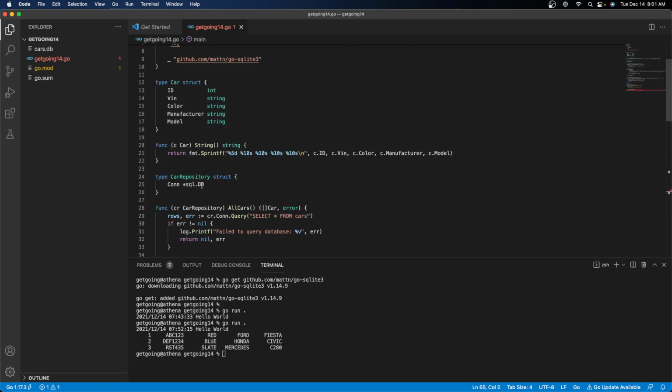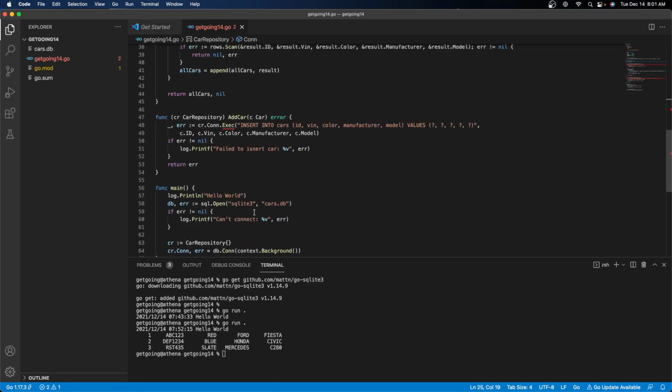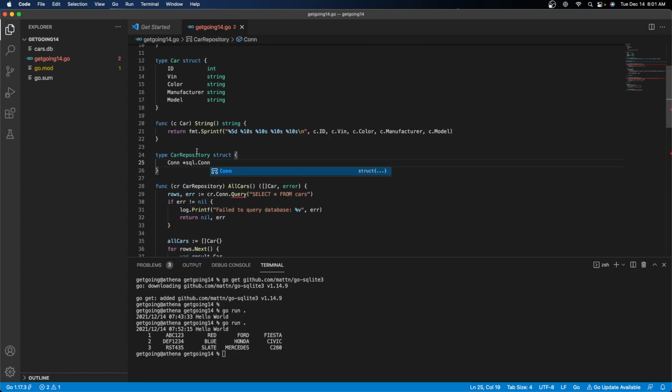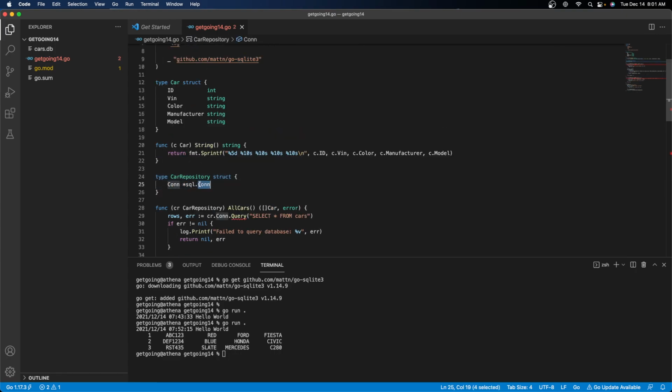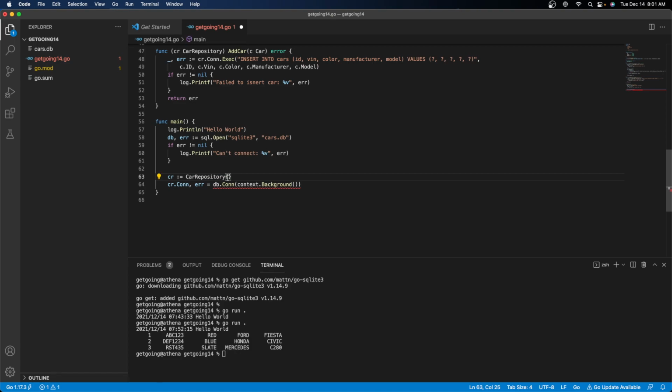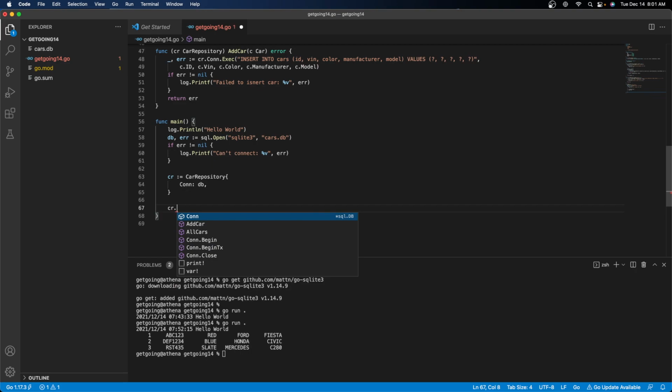So this needs to be an SQL con. Oh, I'm doing it wrong. This needs to be an SQL DB. And we're not going to use con. We're just going to take the con. Okay. All right. Going a little bit over, but